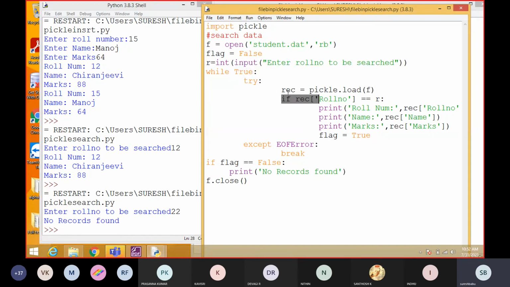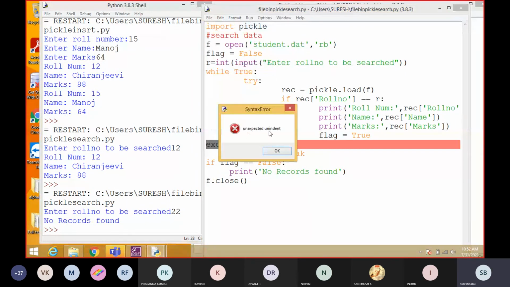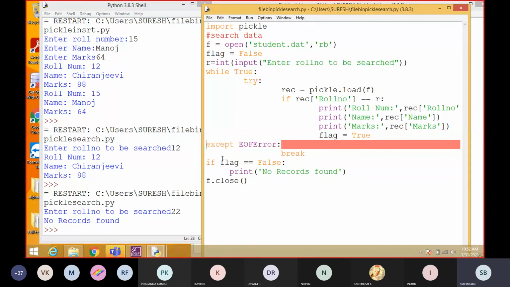Without indentation, this program won't work. For example, I am not giving this indentation here, I just removed that indentation and will try. See here, it shows an error, unexpected unindent. So we have to give space here.